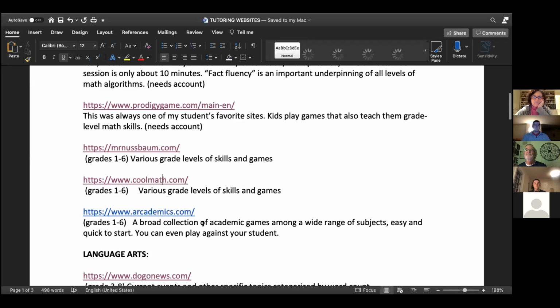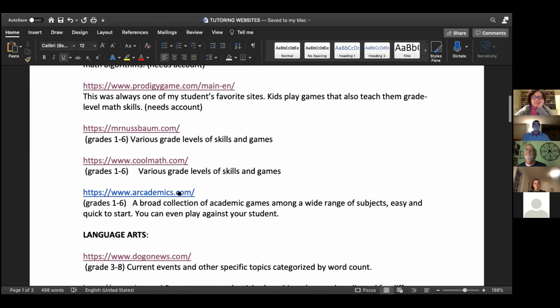And our last math one here is Arcademics. This is something that we utilized at the end of last tutoring session. And what this is, they have a wide range of grades. So it's grades 1 through 6 and a wide range of subjects here. So we have all different types of math games, and basically they're all the same format. So if we were to go to, let's say, addition, and we did alien addition,